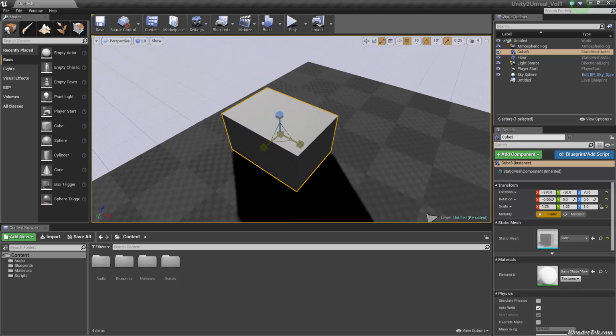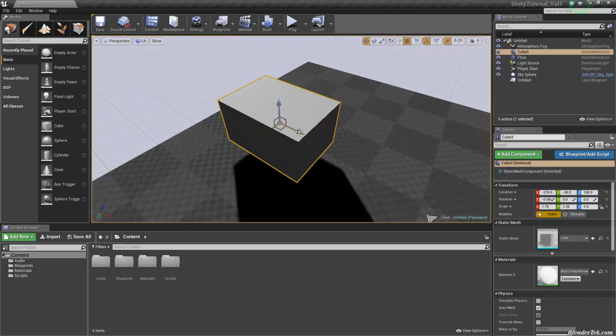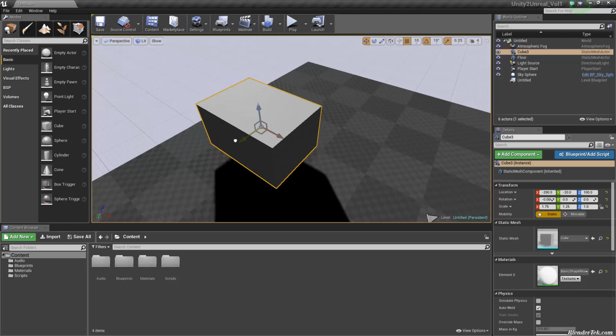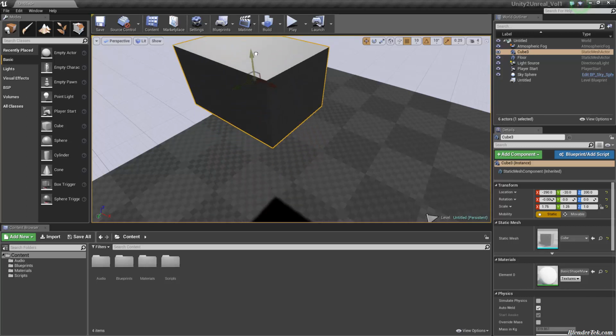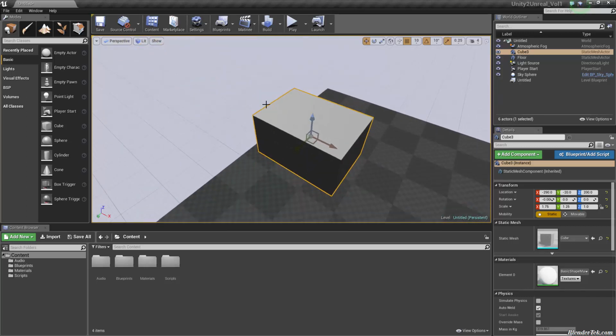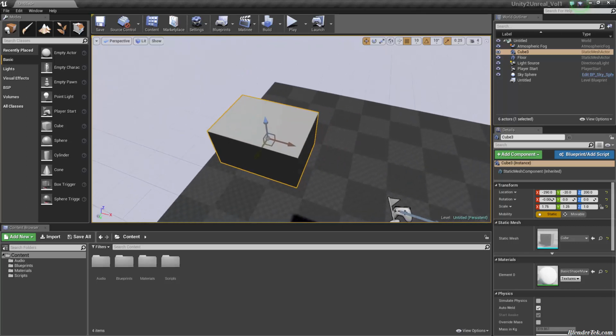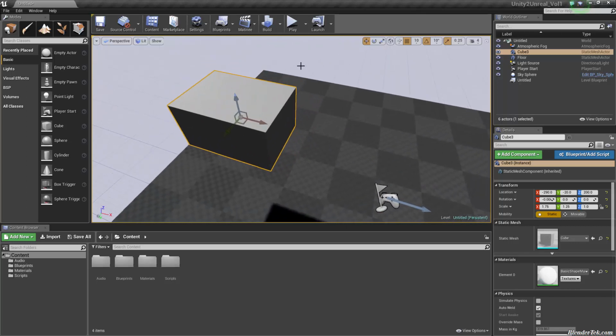So right now, it'd be easier if I do the translation. So I can translate it Z, X, Y. I'm gonna bring it so that I can see this a little better. I don't know why this gizmo is kind of transparent like this. I still haven't figured this out 100%. And by the way, this is the global, local. Global is the globe, local is just a cube.